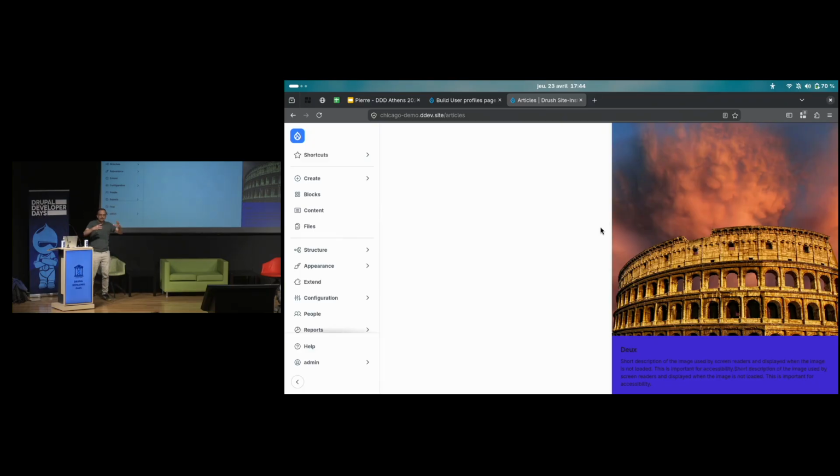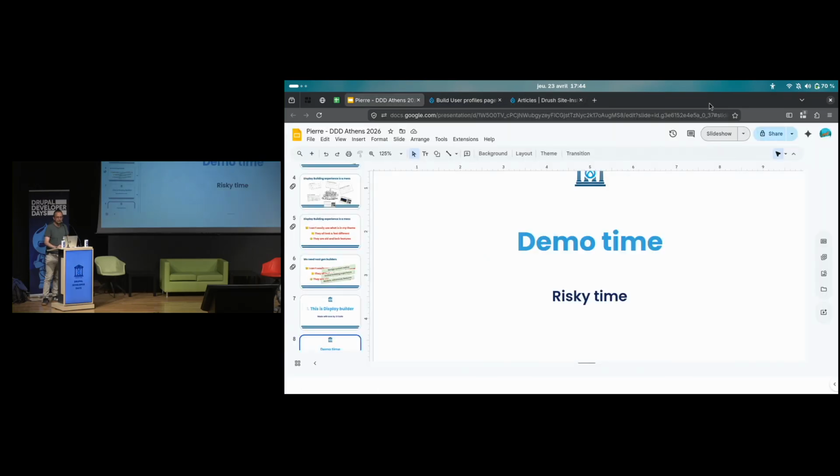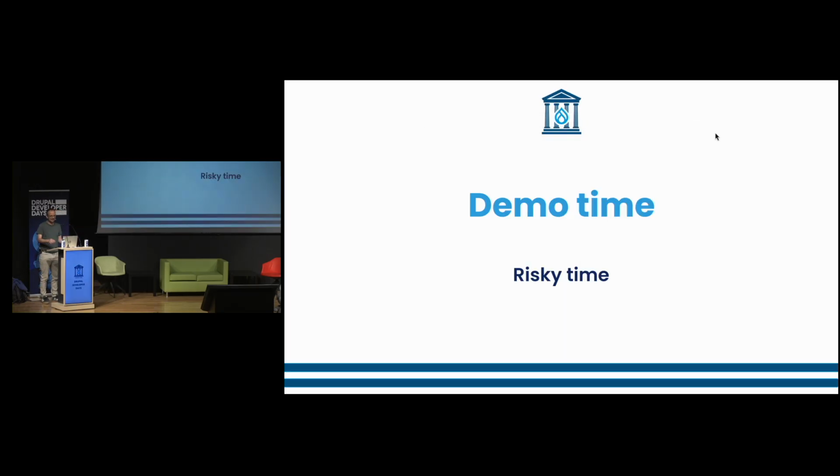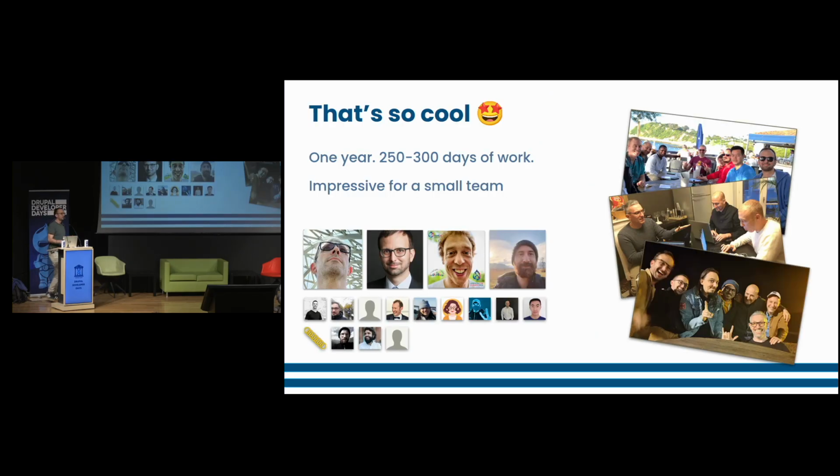That means we are very integrated into views, and you can go back from one UI to the other, and we are not breaking anything. I have many things to show you, but we lack time, so maybe we can talk about that with a beer tonight. So it's very cool. I'm very proud. And we did all this in less than 300 days of work.